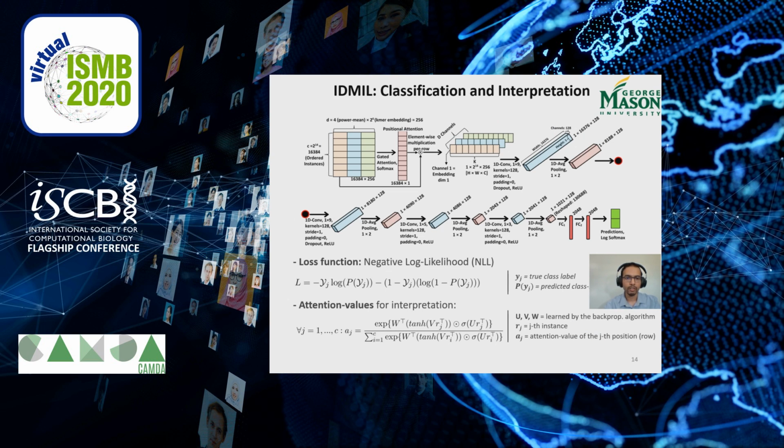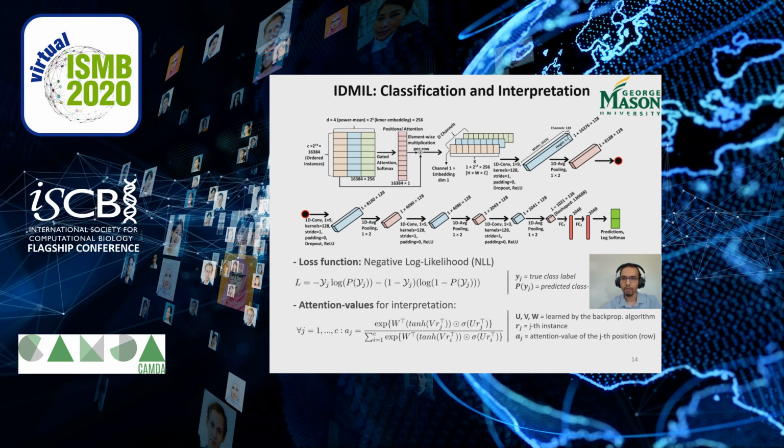On the top left corner, we have the bag representation. The first thing we do is apply positional attention values, which is simply a softmax equation here. So that means the positional attention values will be in the range of 0 to 1, and they will sum up to 1. We multiply these attention values with each row element and then restructure the data.